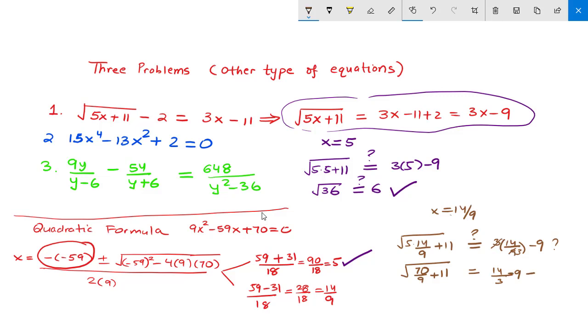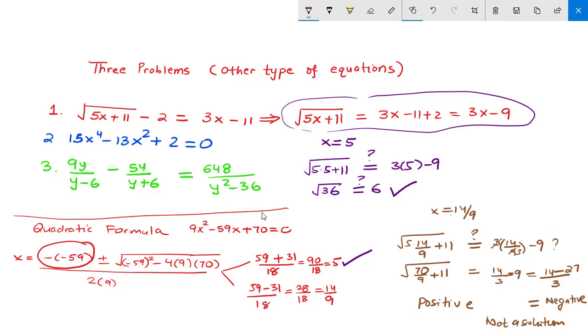This is a negative right here. I take the common denominator 3, so this is 14 minus 27 over 3. So basically, what I'm getting is a negative number right here on the right side. And when I solve a radical, you always get a positive number. You don't even have to solve it. I mean, I can solve it, but from here itself I can say it's not a solution. Even if you go further, if you take the common denominator on the left side,